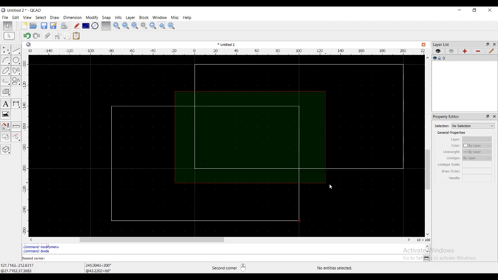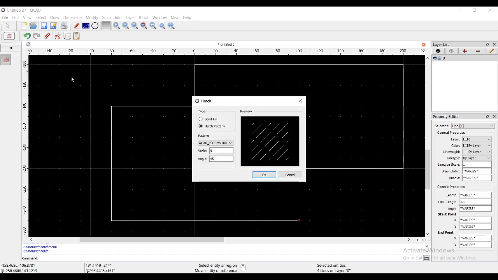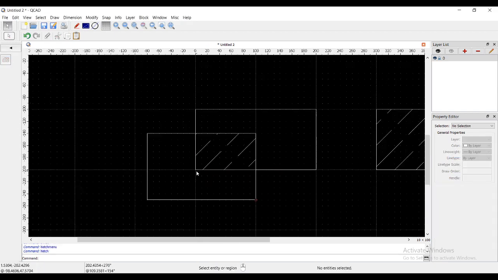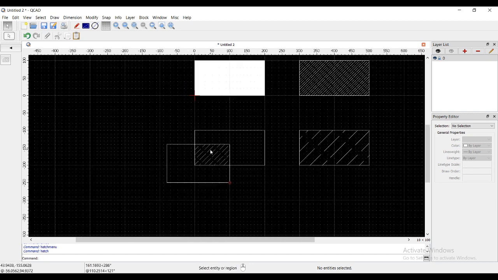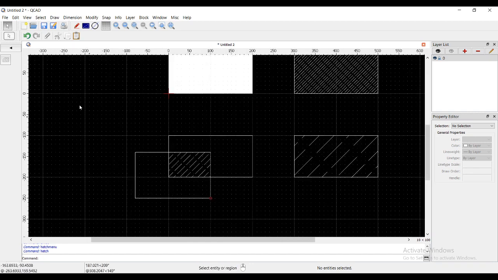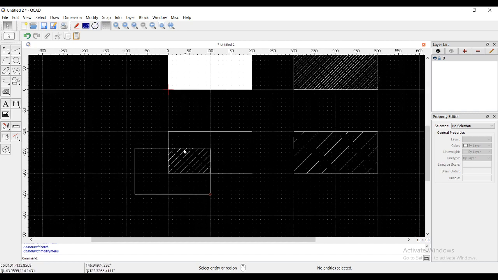What will happen is I will be able to select that area for hatch and then you can go for the hatch pattern and you will get the hatch. Now this is very coarse. I will just reduce the scale to 2 and that will serve your purpose. The same edit hatch option is available in the edit tools, but the simplest way to edit a hatch is just a double click. You can always double click, and that will open up the hatch options.